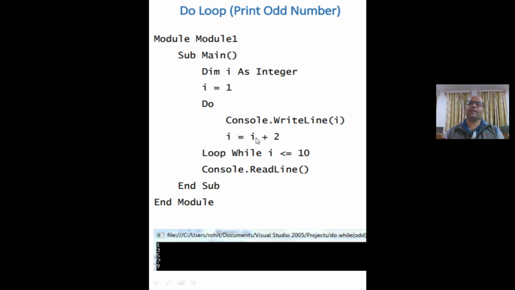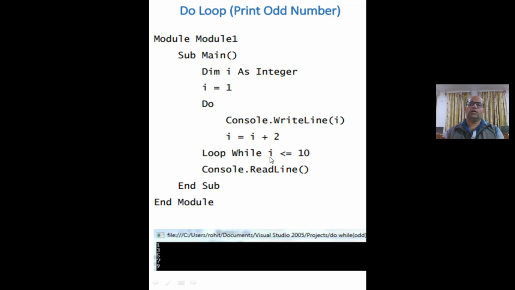After this statement, the I variable contains 11. Now the loop checks the condition: I is less than or equal to 10. Here I contains 11, which is not less than or equal to 10, it's greater than 10.